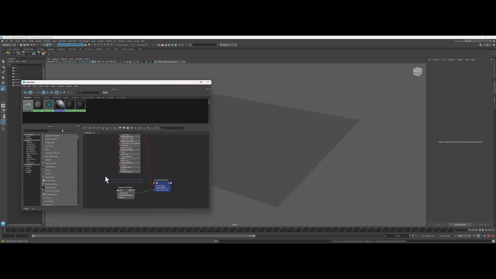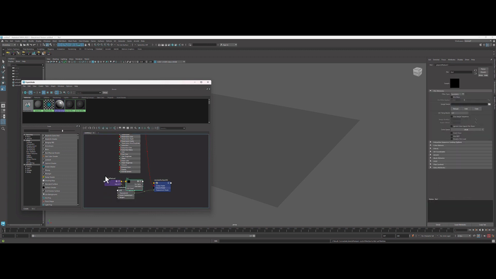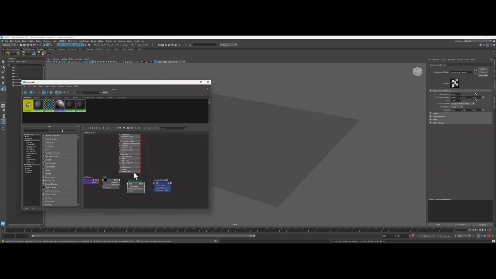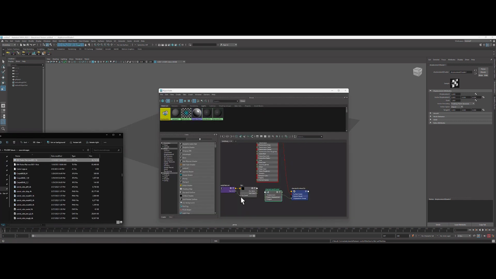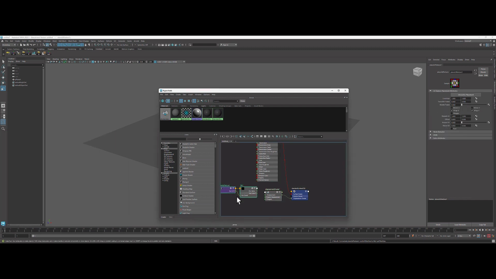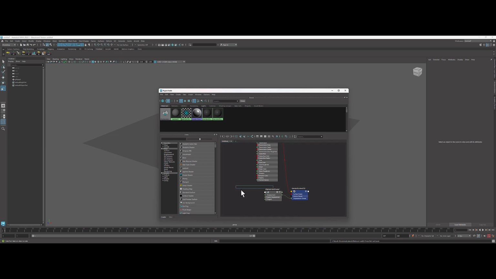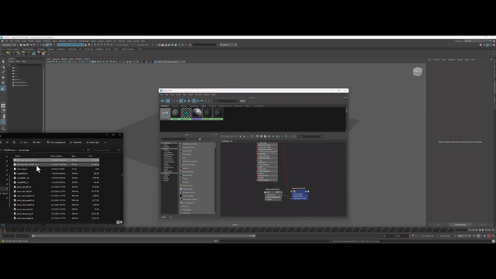Then I'm going to type in file. I'm going to go with texture, file, texture. By the way, a pro tip, if you do have the image ready, for instance, like this, instead of going through the hassle of typing tab, then texture or projection and the weird naming that they have, you can actually drag and drop right away, which is